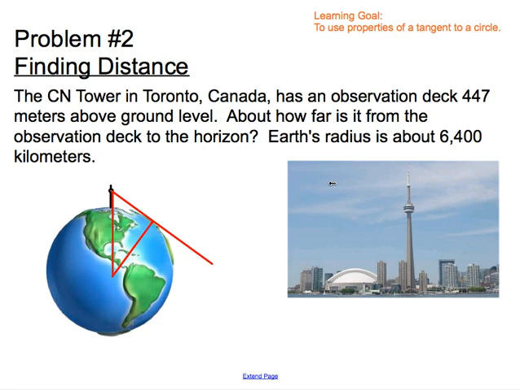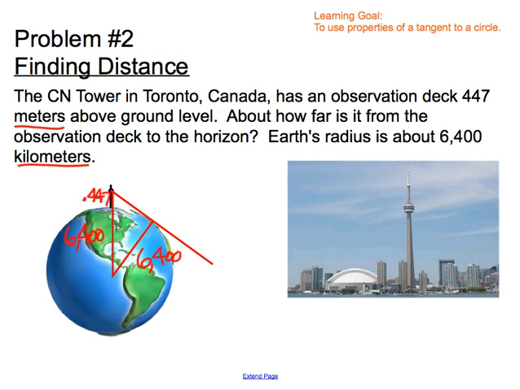Now, we add in the information that we have about 6,400 kilometers. Generally speaking, I like to go to the smaller unit, but sometimes that's not actually reasonable. In this case, if we go to the smaller unit, we would have 6,400,000 meters. So it would actually be better to switch this to the larger unit. So let's go ahead and make this 6,400 kilometers. Now this piece is also going to be 6,400 kilometers, and this piece is going to be